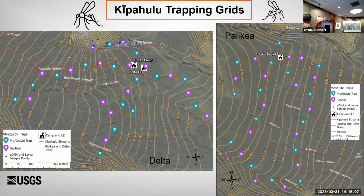Because gravid traps attract mosquitoes in a different life phase, we chose to pair a gravid trap with each pro trap, for a total of 45 traps at each site. On these maps, teal teardrops are the stations with the paired pro and gravid traps, and purple teardrops are the sentinel